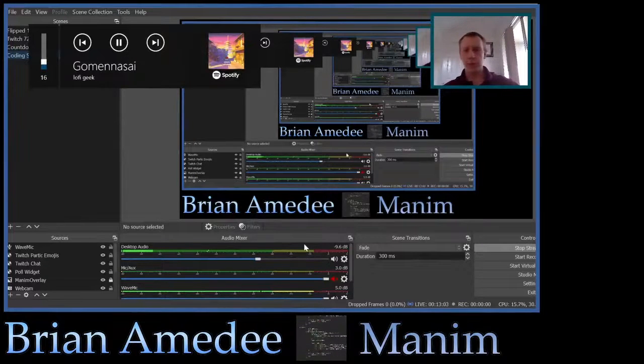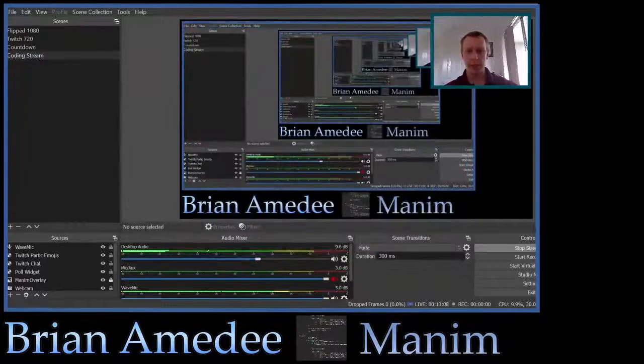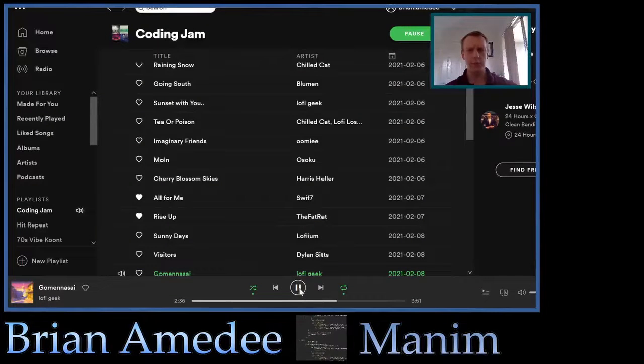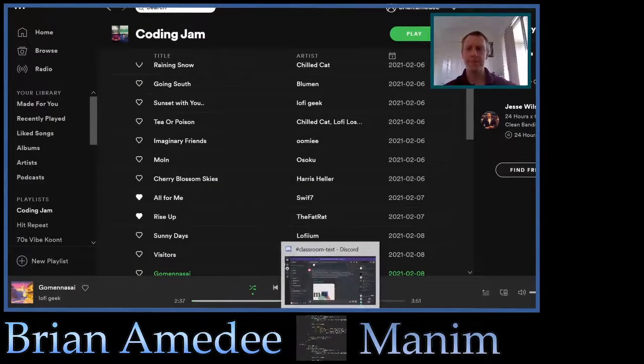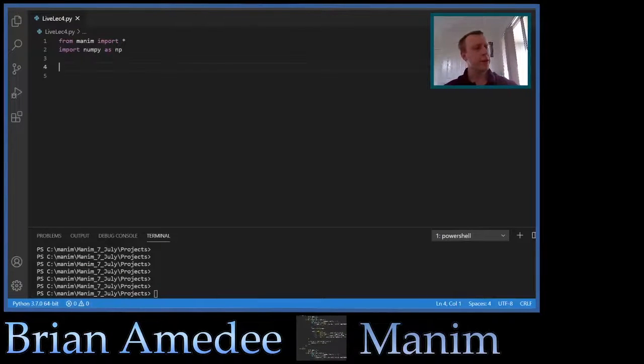Alright, we're going to get on with some value trackers. So I'm just going to slap this shut, and I'm probably just going to pause that here. Alright. So we're looking at value trackers, and to be honest, probably the most valuable tutorial in Manim, because when